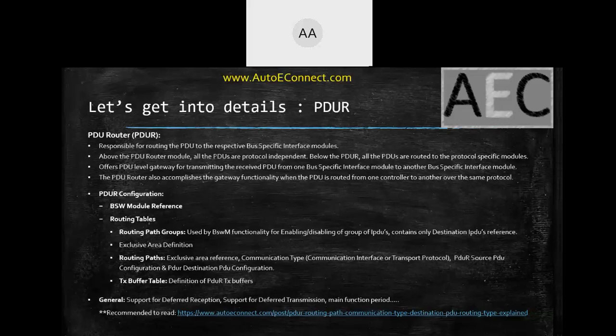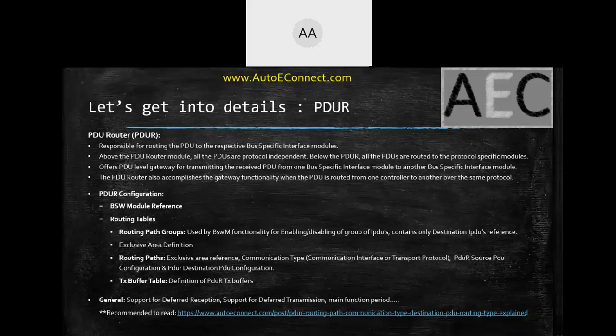There are other parameters supported by PDUR specific to your use cases, which we will see in the configuration parameters. In general, PDUR supports gatewaying, and you can also gateway in the same protocol. For example, if you have 2 or 3 CAN channels and you want to take the data from one CAN channel and gateway it to the other CAN channel, this is again supported by the PDUR module. So PDUR supports gateway across different communication channels and also across the same communication channel.